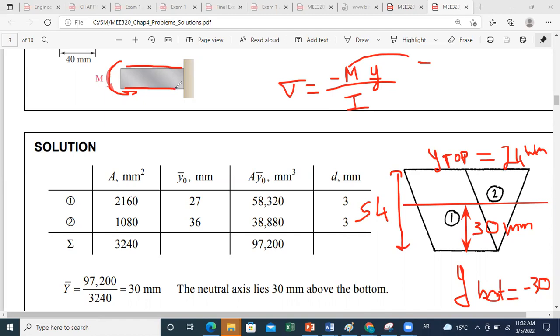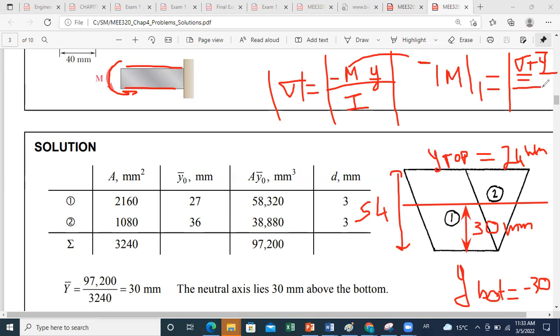Okay. Now, since we care about just the magnitude, we can talk about absolute values. So we can say that the absolute value of M maximum 1 is equal to the absolute value of sigma top, which is in tension, times I over y top. Okay, this will give us the first value of magnitude of moment to not exceed the